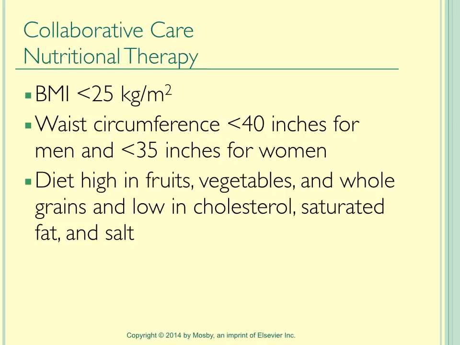Nutritional therapy: their BMI should be less than 25. Waist circumference less than 40 inches for men and less than 35 inches for women. It's a difficult job, less than 35 inches for women, but never mind. Diet high in fruits, vegetables, and whole grains, and low in cholesterol, saturated fat, and salt. Patients taking antiplatelet agents